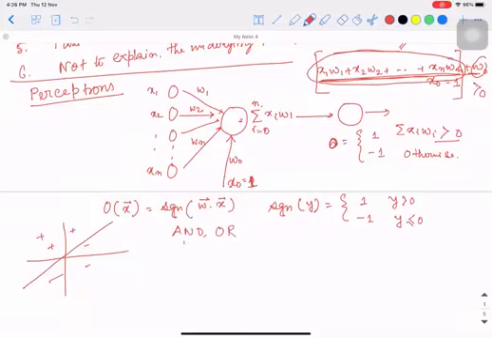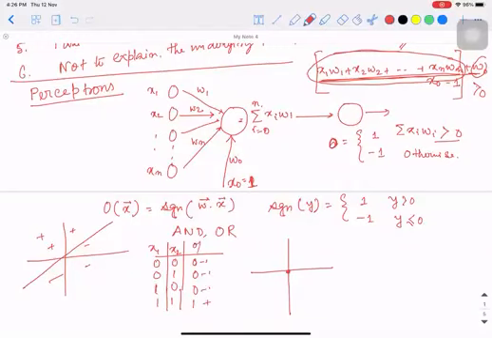Because the AND truth table, x1 x2: 0 0 gives 0, 0 1 gives 0, 1 0 gives 0, and 1 1 gives 1, right? If you plot these points in a 2D space, 0 means -1, so -1, -1, -1, +1 is the output, the ground truth. These points can be linearly separable. So if you train your perceptron to mimic this AND function, you see that W0 would be -0.8,